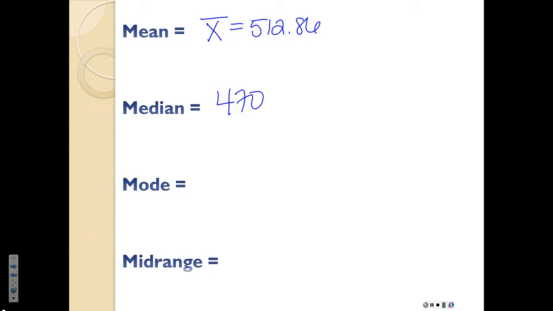Do y'all agree? Yeah. Okay, I'm just checking. Mode. Do we have a mode? 440. 440, okay. And then the mid-range? 630. Okay. So notice, because of that super fancy air conditioner, it really does kind of affect our measures